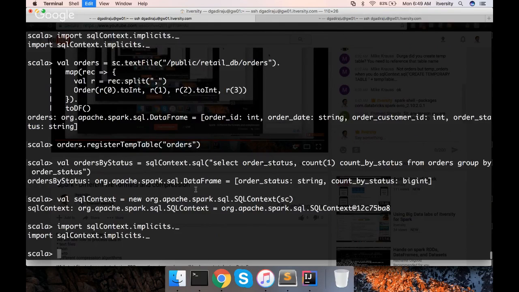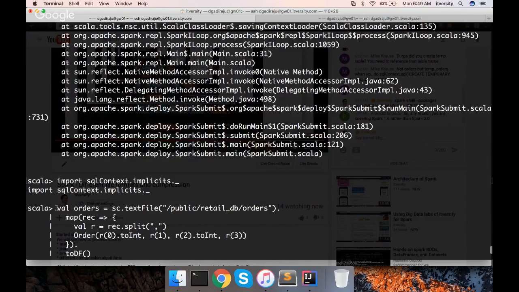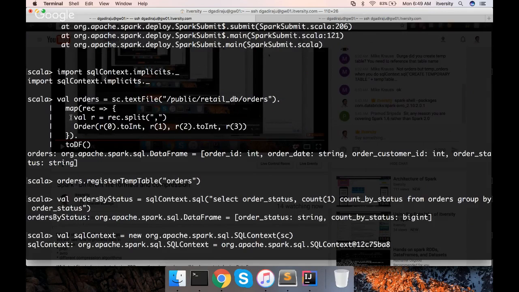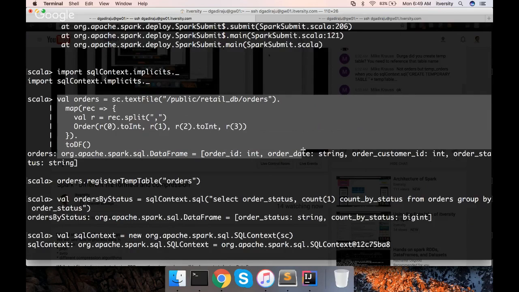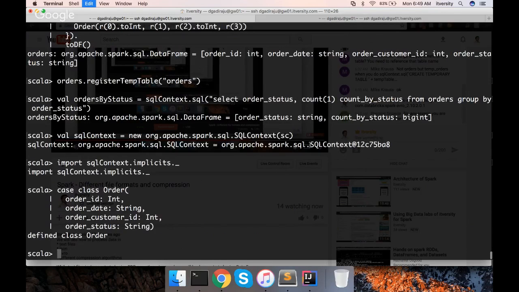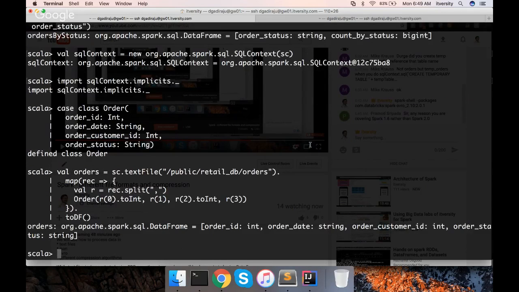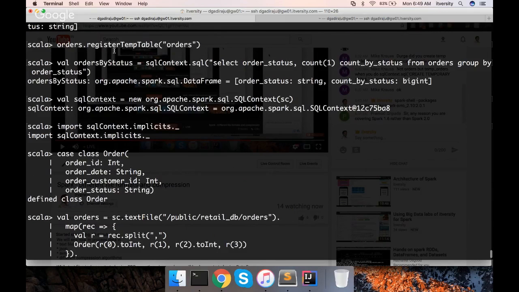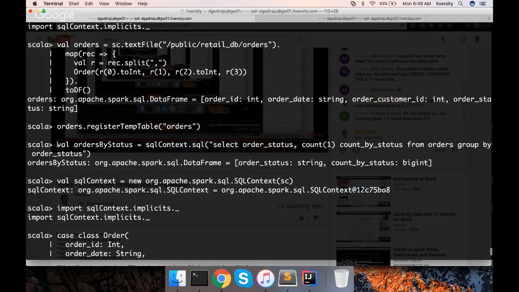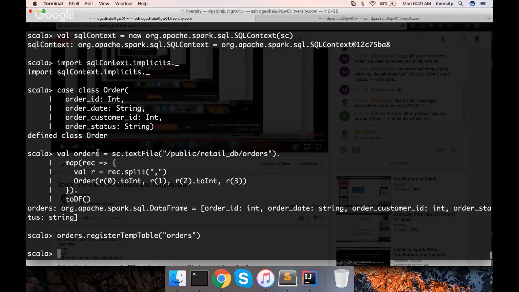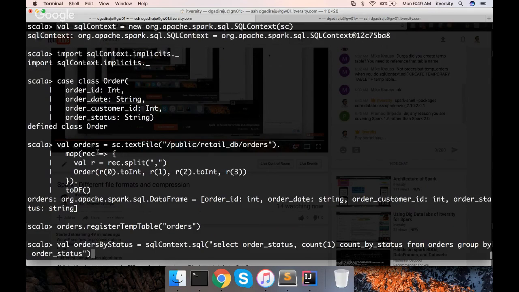Okay, and then you can process the data and create a data frame out of it. Okay, and then you can register the table, and then you can actually run the query and create the data frame which will be the output of that query. Now everything is good to go.